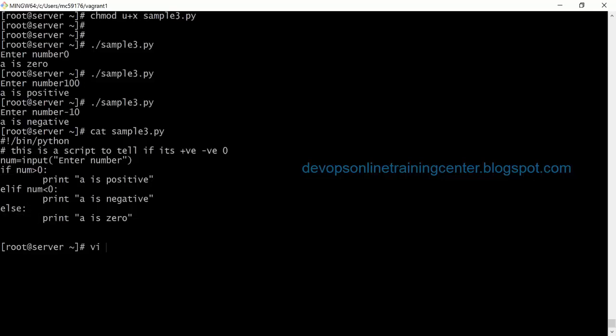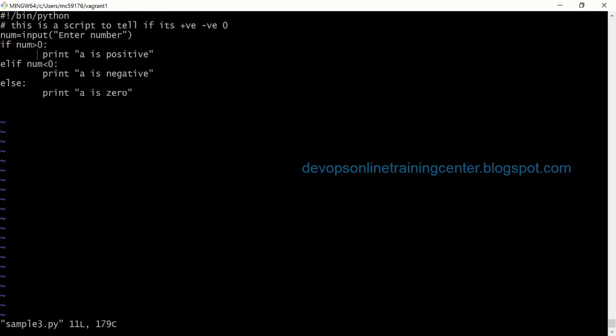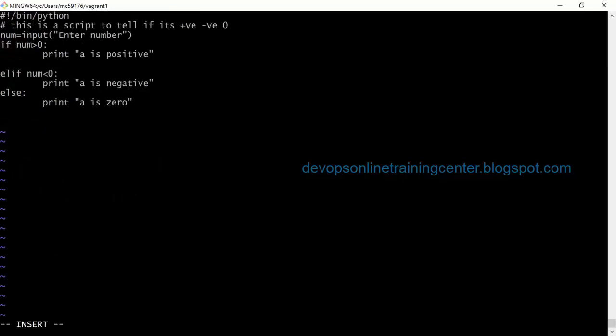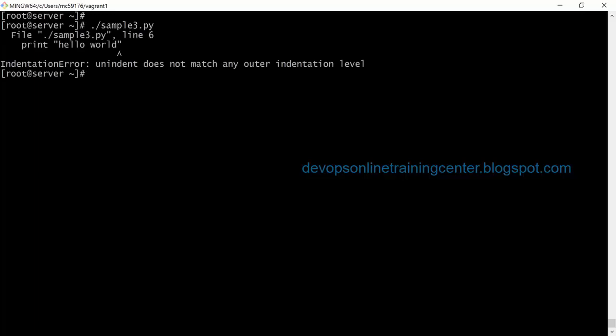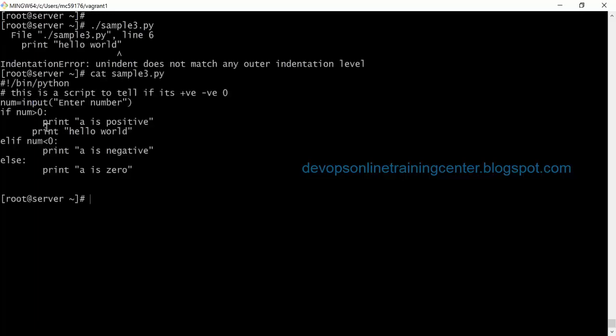So if I use anything else, let us say I just change it like this. Now if I execute the program, it says indentation does not match, an indentation error, because I did not follow the indentation. Either I need to give a tab here, or if I use 2 spaces or 8 spaces in the program, I need to follow the same indentation everywhere. Even with just one space here and there, if one space is not matching the indentation, it will fail.